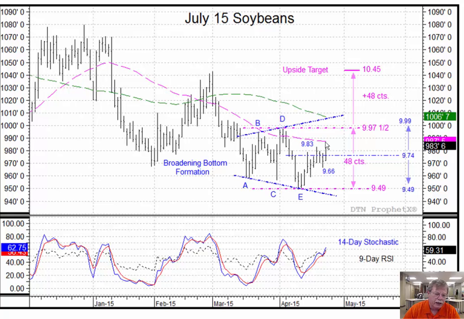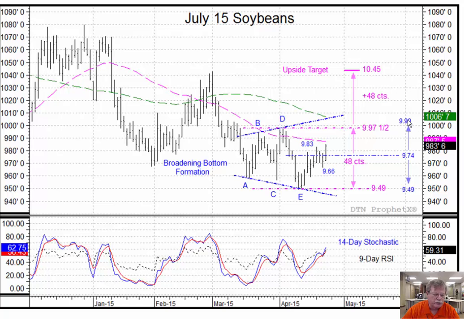First thing is to get a close above this 50-day moving average. This is the dashed pink line. It comes into play this week around 987, 988. So if July soybeans could muster a good solid close above this 988, 989 level, then that would shore up the prospect that the swing objective up here around 999